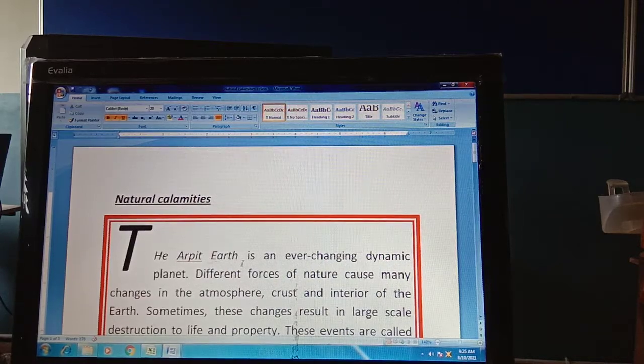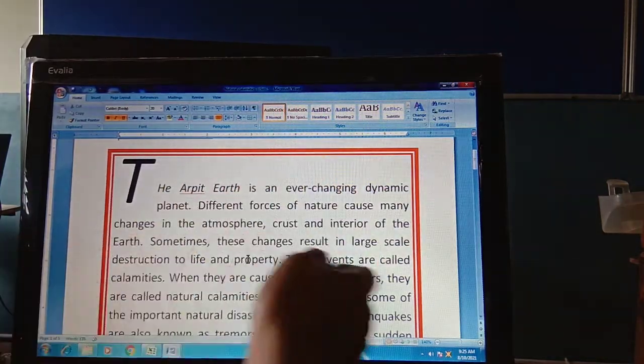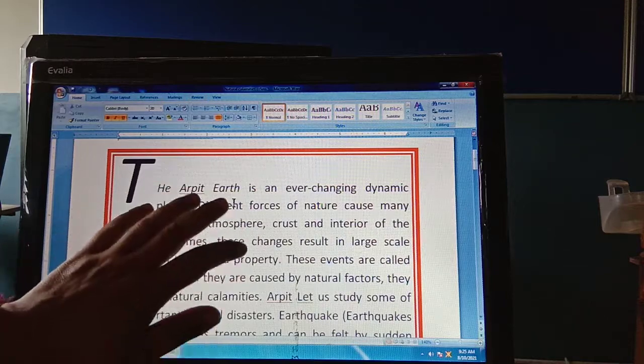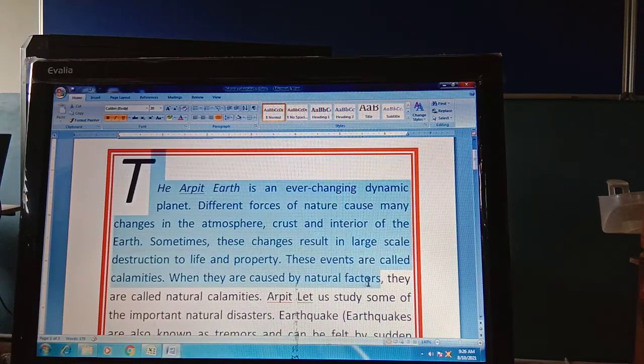So let's start. So this is your document. Here I am explaining you how to change the line spacing. For example, right now the single line spacing is there. For changing the line spacing, what you need to do, first select the text. First of all I am selecting the text. For example, I am selecting till here. I am selecting this text, and